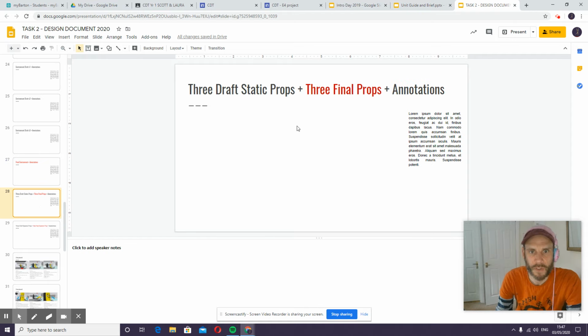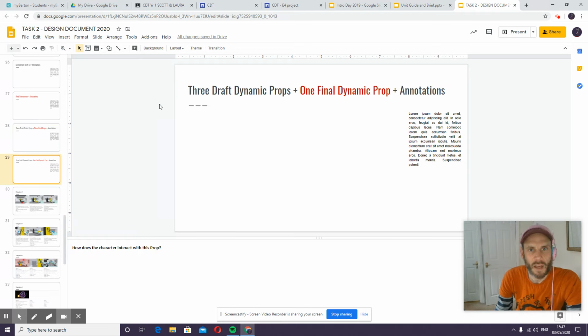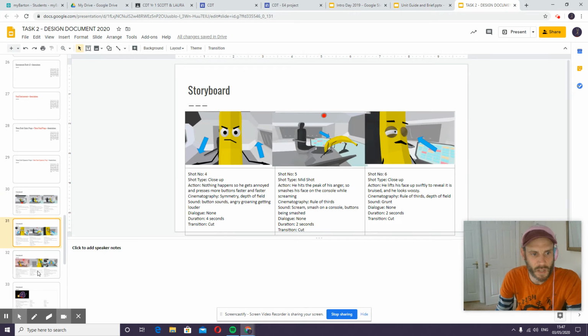We've got a slide here for 3 draft static props, and then I decided rather than split it up into 2 slides, just put your draft static props, your 3 final props, and the annotations on one slide. Draft dynamic props and your final dynamic prop on one slide, and then we've got 3 slides for your storyboard,